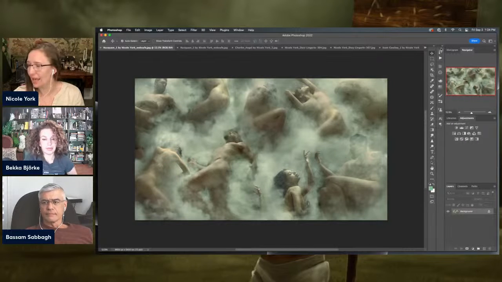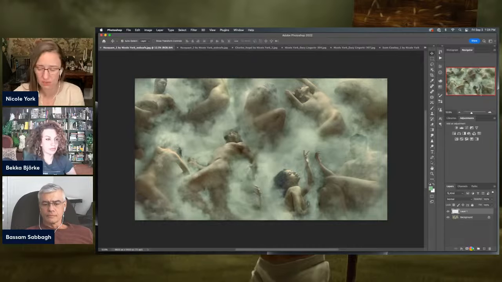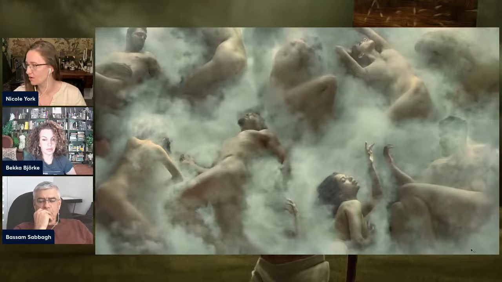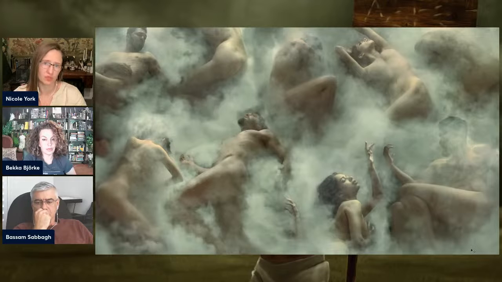So if we're to look at an image like this, and I'm going to start drawing on it in a minute, but I want to start with our friends in the audience. When we look at an image like this, what do we see in terms of composition? What are the things that stick out? Could you tell how this was organized? If you're in the audience today, go ahead and put that in the comments. What do we see?